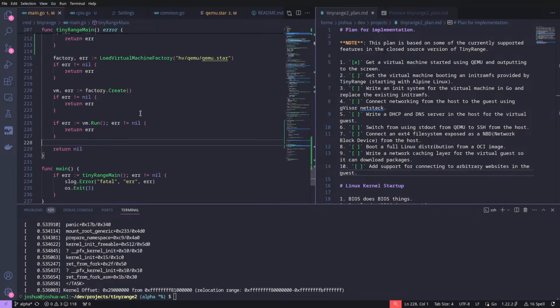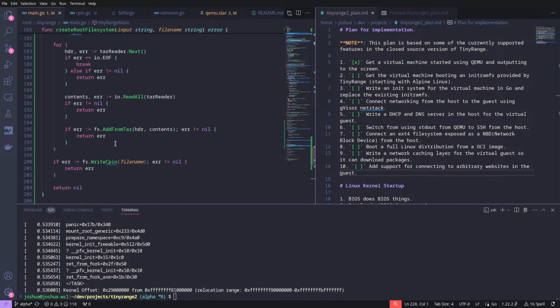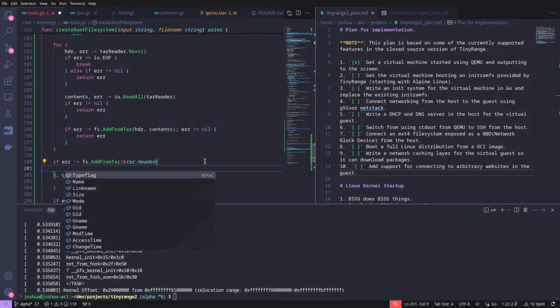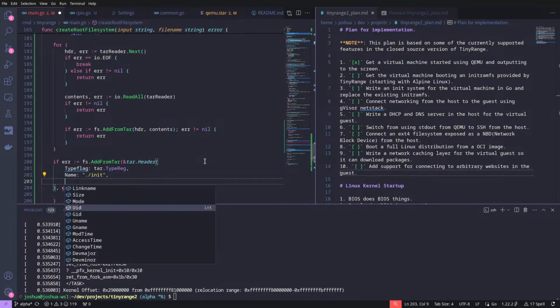Let's just try creating an init file first. So all we have to do is this. The thing is, we can create synthetic files very easily. I can add a more convenient wrapper for this in the future, but no matter. tar.Header, minimum use Typeflag regular, name is /init, and the